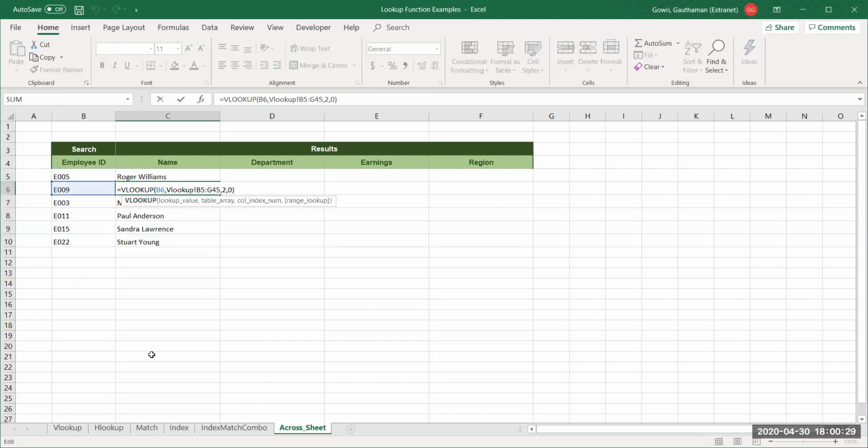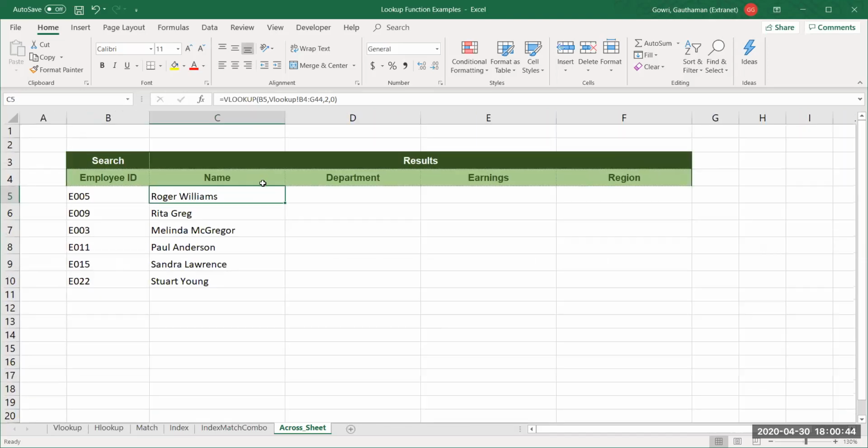So here it is taking. And we also have the cell selection. You can see it has changed from B4 to B5. Here the cell reference is B4. Let me zoom it for you. It's B4, G44. In the next cell, it shows B5, G45. Even the cell reference on the data selection is moving. You should observe that.